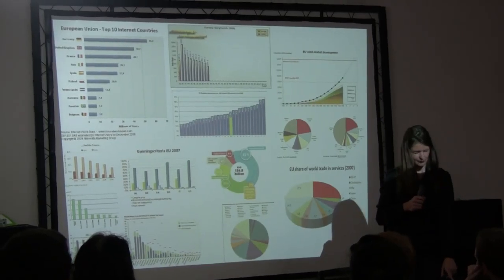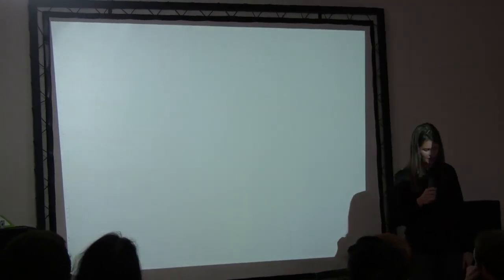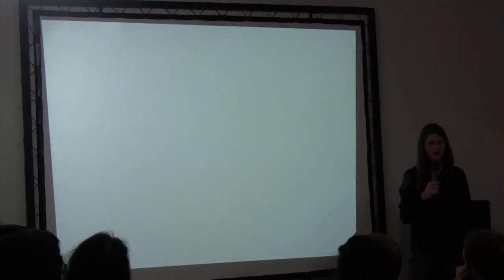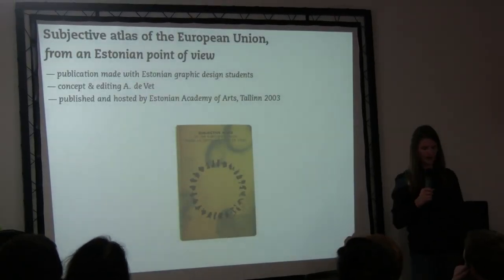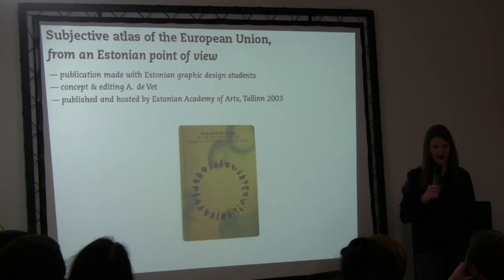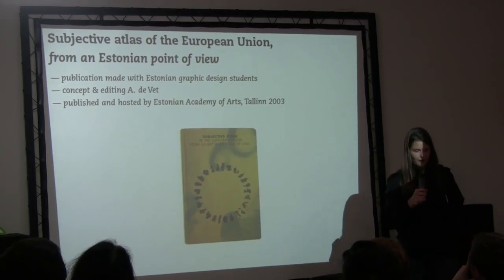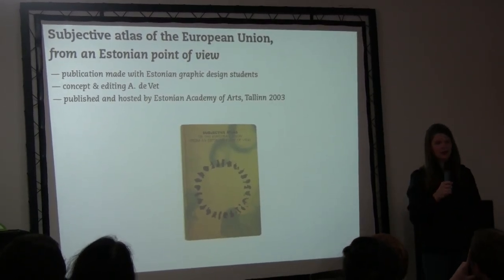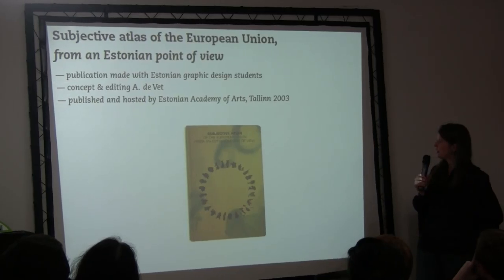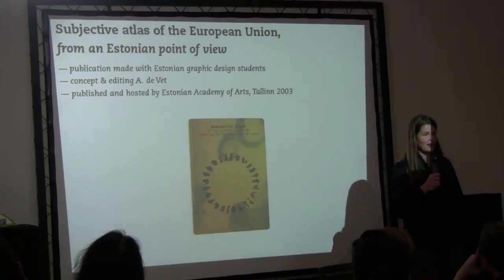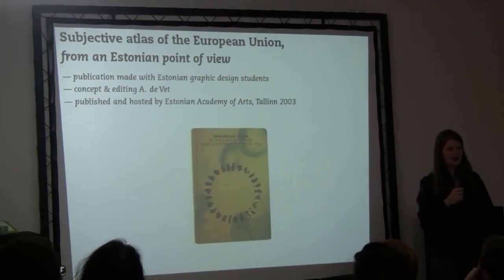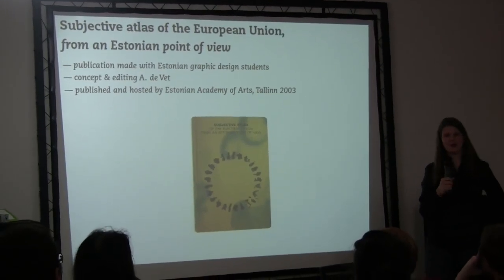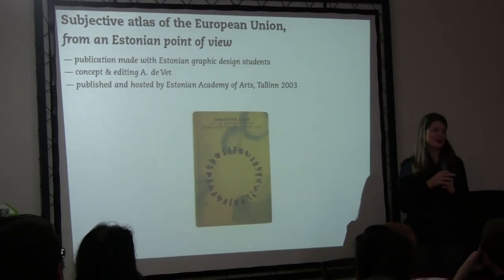So now 6 years ago, 7 years ago, 5 new countries became a member of the EU, and Estonia was one of the countries, and it was 2003. And I gave a workshop in Tallinn at the art school, and I decided to make a subjective atlas of the EU, seen from an Estonian point of view. And I asked the students in Estonia, well, could you map the EU? And their reaction was something like,